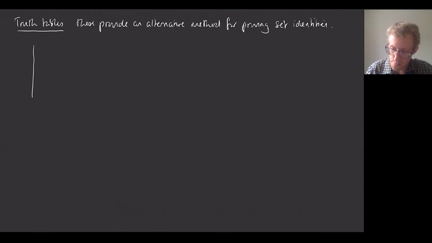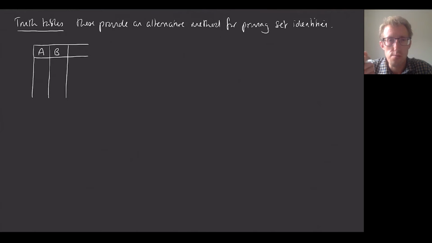So we're going to make a table, and in the header of the table I'm going to list some sets, and I'm going to just do two sets to make this slightly easier. And so the way that this works is that we're going to try and catalogue all of the possible cases for whether a given element is in each of these sets or not. And if I work with two sets, then there are going to be four possibilities, because for each set we could either be in or out of it. So I'm going to fill in a bit more of this table in a second, but let me just explain how it's going to work.